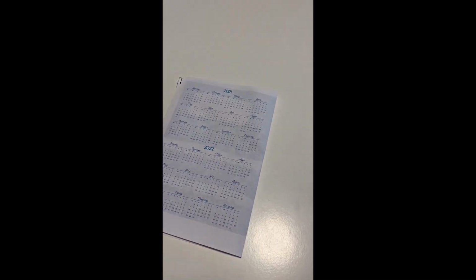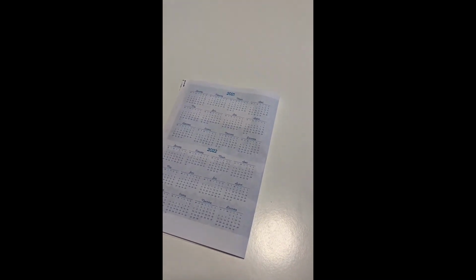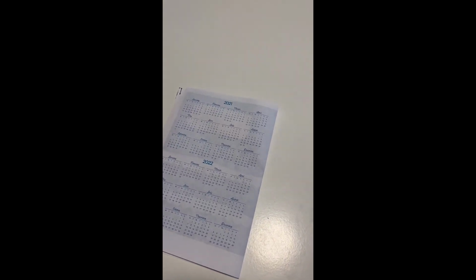So that is how you print A5 printable inserts for your A5 planner using the Budget Mums LRP or BBP